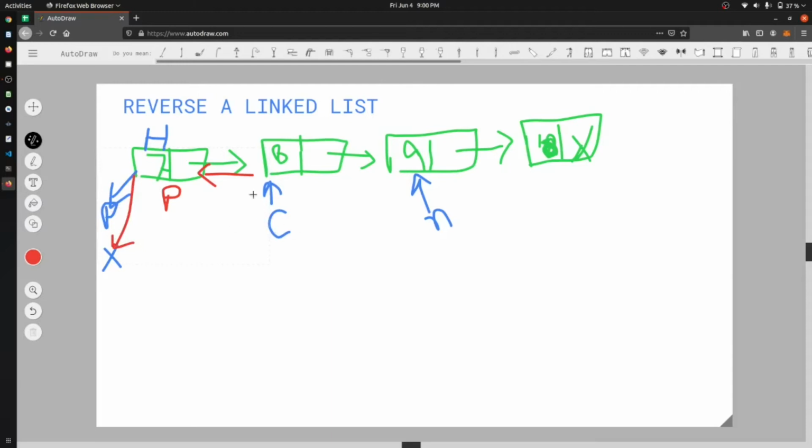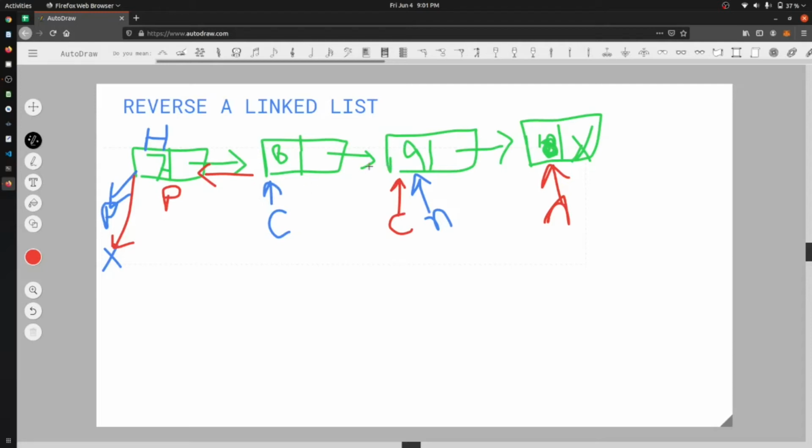Now after this point, C will be shifted to the next node, so this will become C. Then next will become C dot next, so this will be N. Now current dot next will point to the previous, so this will become previous.